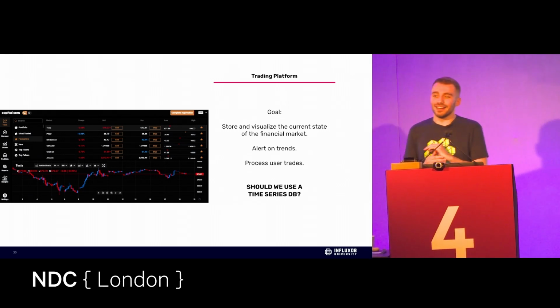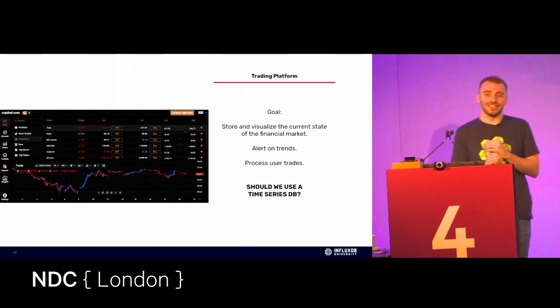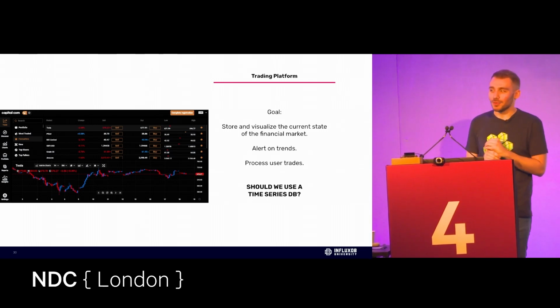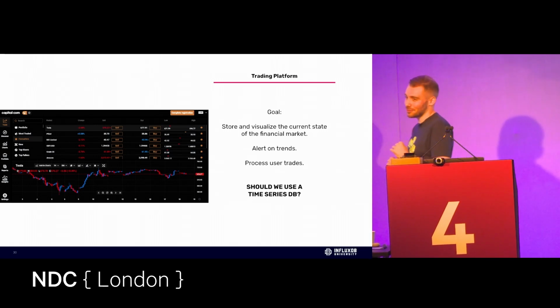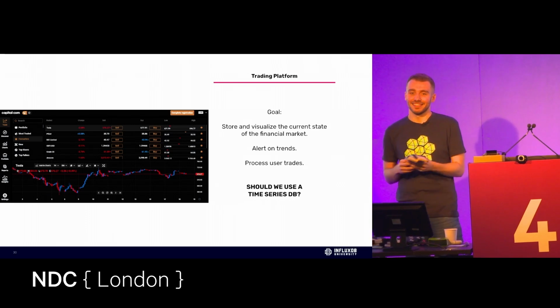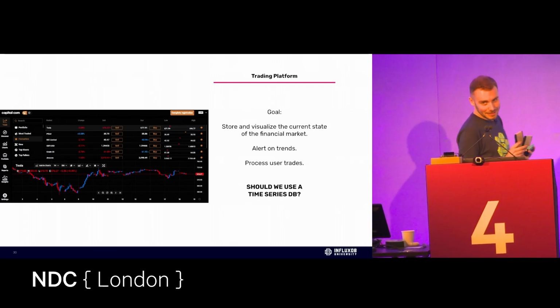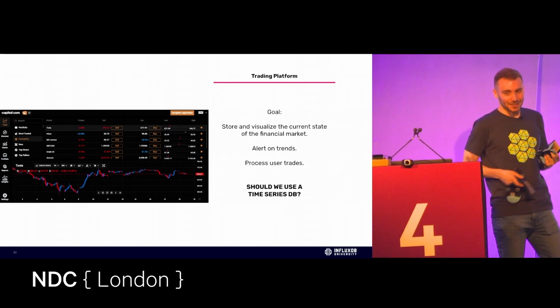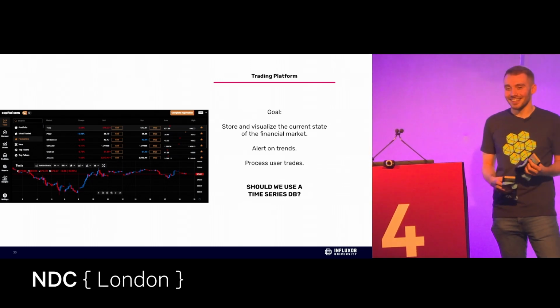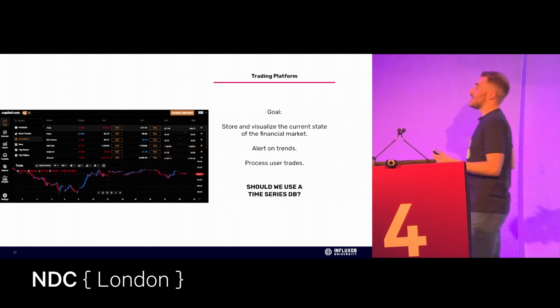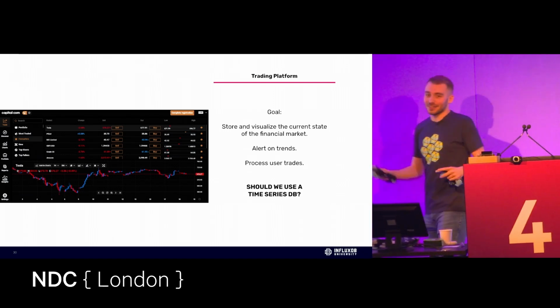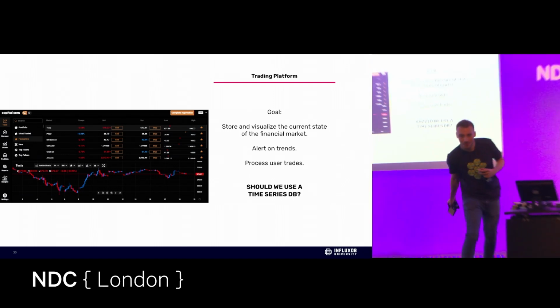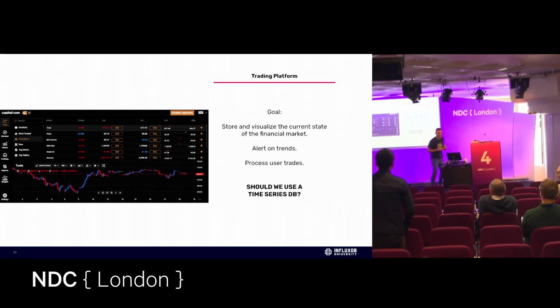Awesome. So would anyone else like to say otherwise? Would anyone like to be confident enough for a pair of socks to say different? This is the process user trades. I don't know. I mean, that's the use case for it. So you're right. And this is what we're going to go on to. Let me offer you this. We'll do the Oprah of you get a pair of socks. Or disasters.